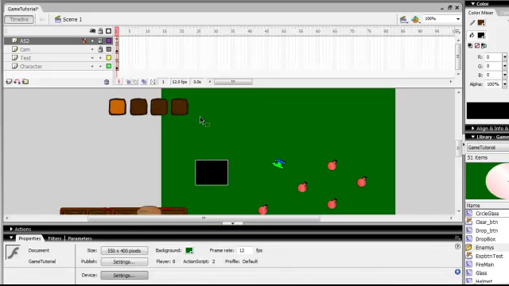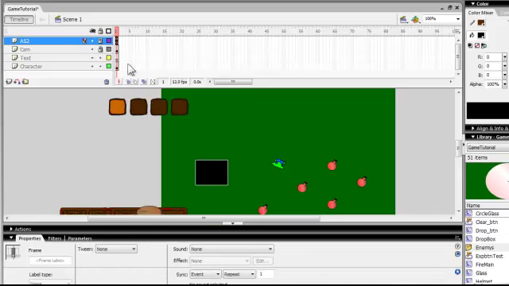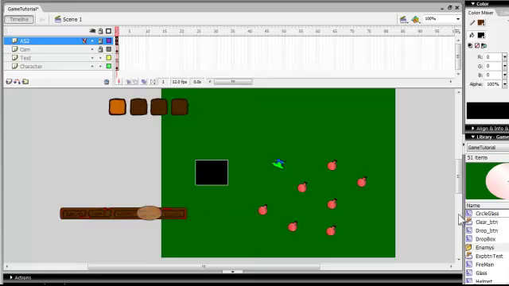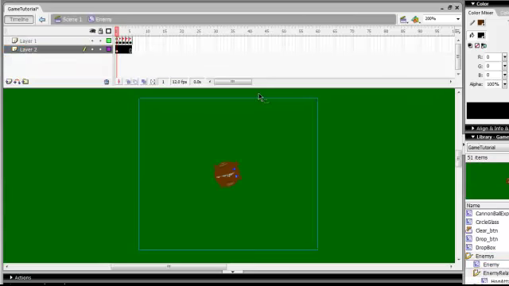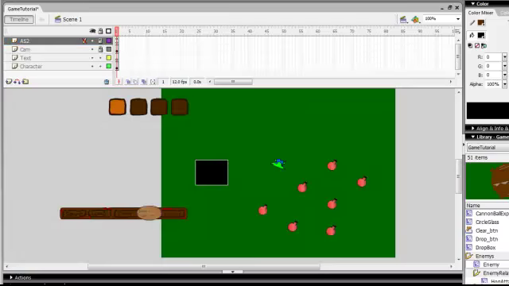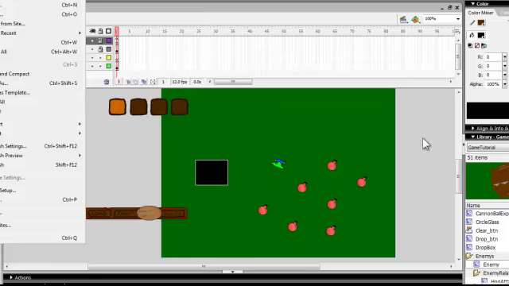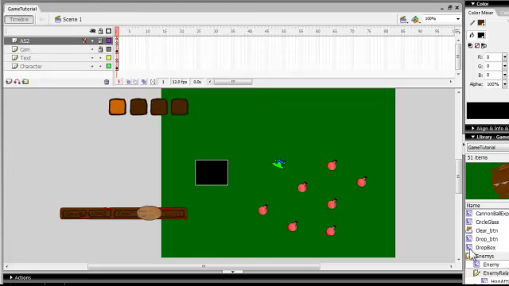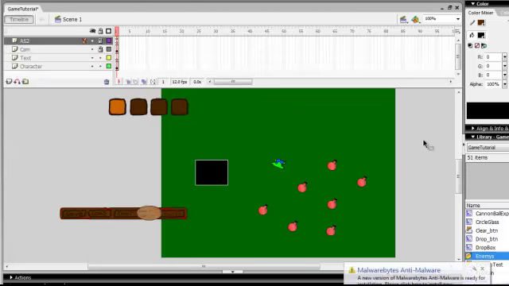actually, that won't work. I've just thought now, it won't work because we'll be able to hit the enemy from miles away. So that won't work. Stuff that idea. We'll have to set the aggro range up mathematically, kind of. I don't know how I'm going to do that, but I'll save that for later on in the series